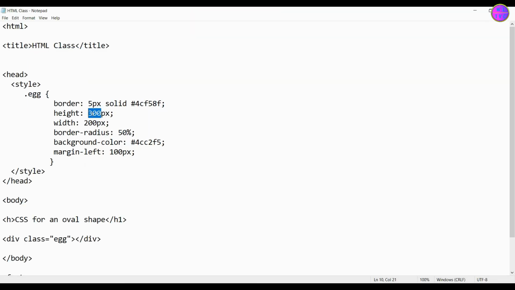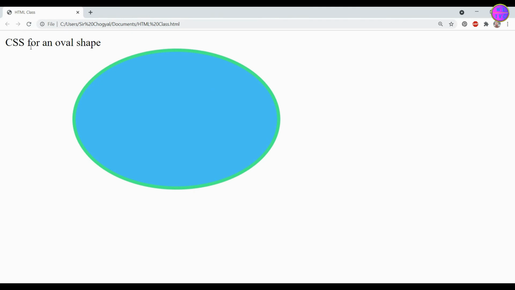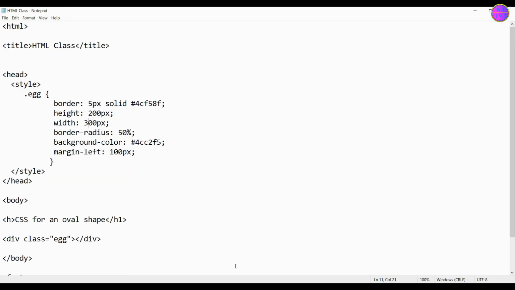If you want your oval shape to be in horizontal, just reverse the height and width. If you don't want the border, you can remove it.